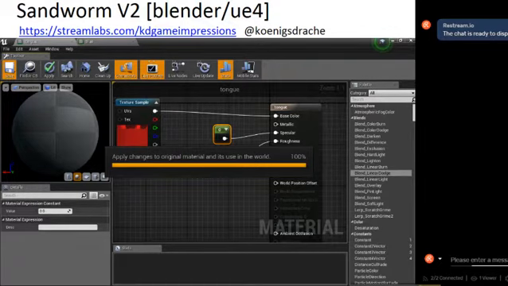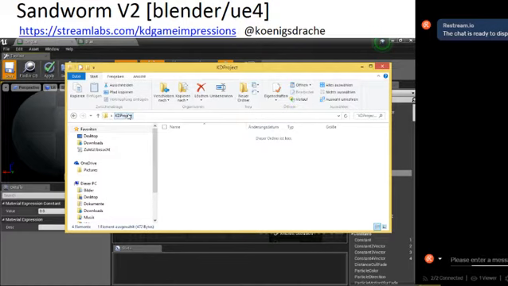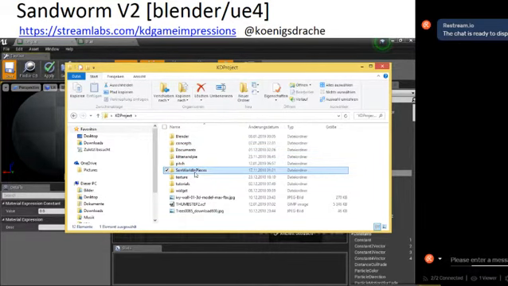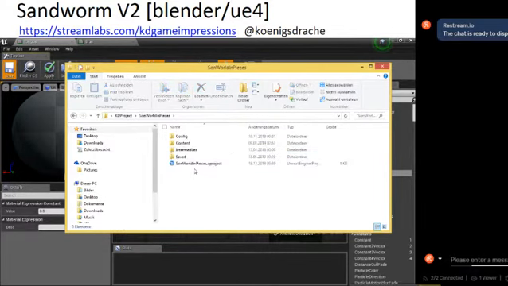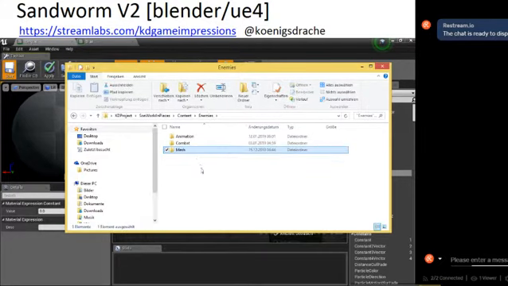So let's mix this up a little bit. I don't want to wait for Unreal Engine the whole time. I of course also have Blender open, but I'm not sure if we even need Blender today. I want to work in GIMP for this. When you go to our project where we saved our sandworm here,